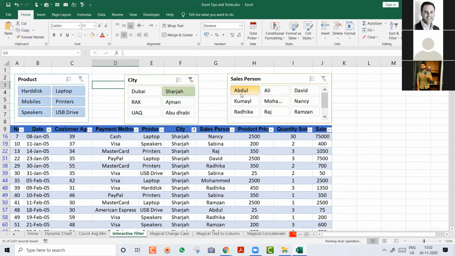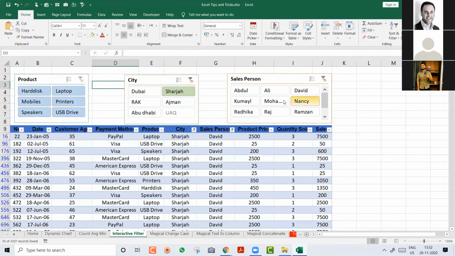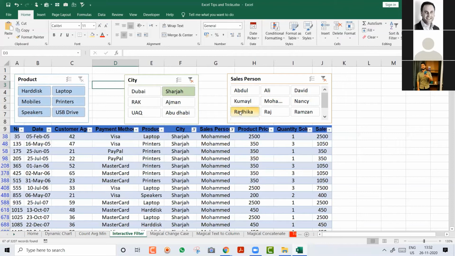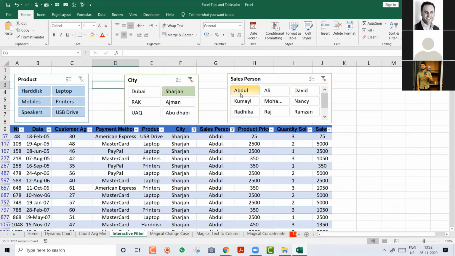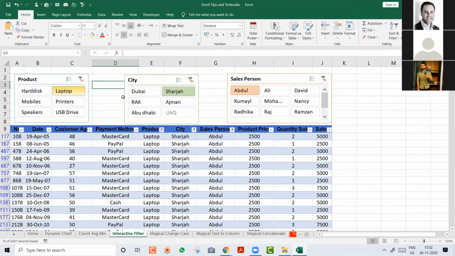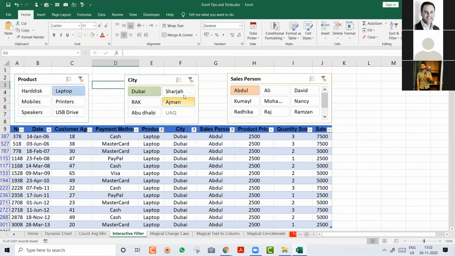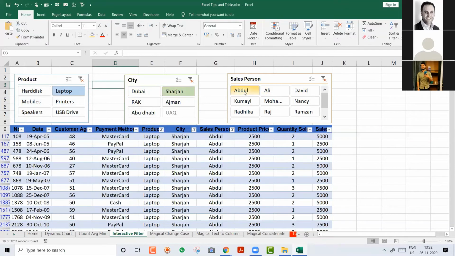Is not this amazing, friends? You can create dashboards with this. People will love it, your management is going to love it. So life has become simple, but only when you know the option. If you don't know the option, then yes, it will be challenging. So this way, friends, you can apply the third trick, that is converting your data into the table